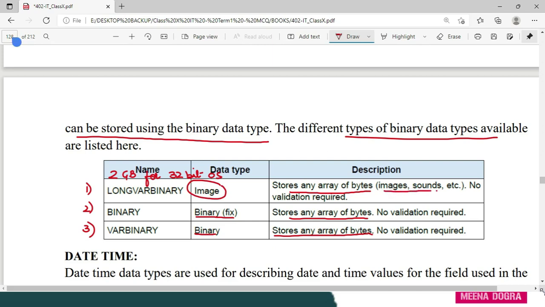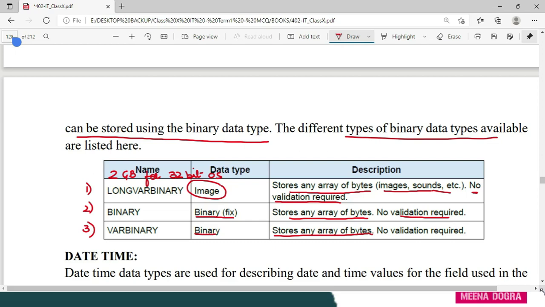And let's see what is meant by no validation required. See, when you are storing data in a database, validation checks are imposed on it. As we studied in session 1, data integrity, like the database is allowed to store only valid information. We put checks for that. Fine, suppose age of a person, if we are making a column for age, we have to put a check that age can never be negative.